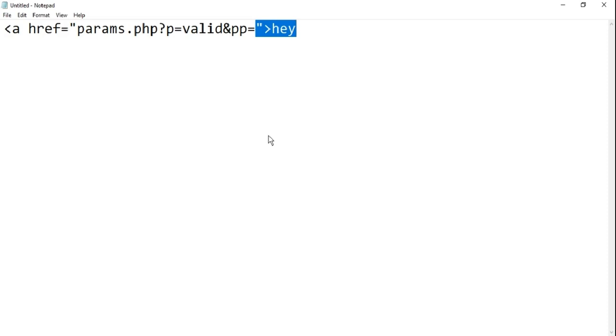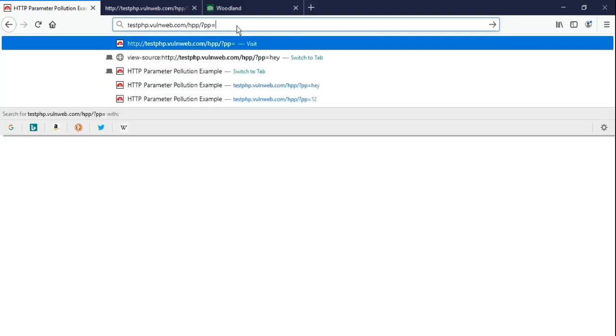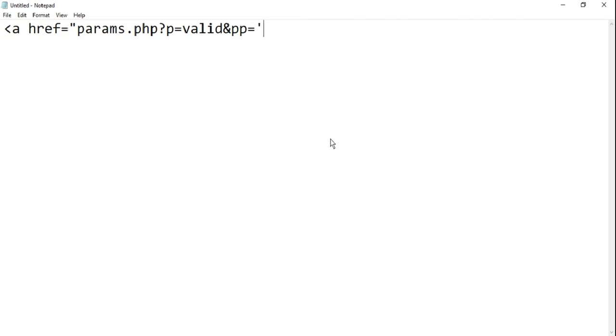And if at any point of time you find that any of your parameters is using single quote closing, then you have to work the same way. You have to first close it and then you have to pass your script, right? So if I try to run a script here without using it, then it won't work, right? So let me type the script. So let's say script alert 1 2 3 and then close it. Copy this